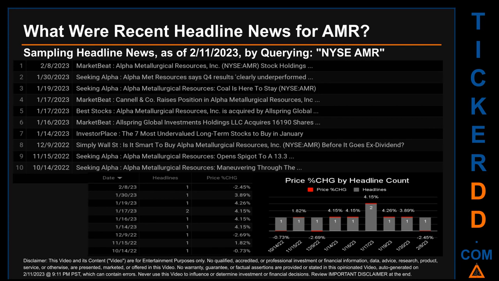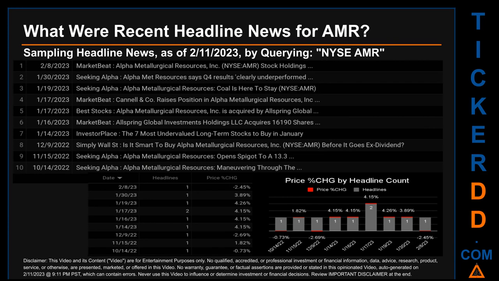Today, Saturday, February 11, 2023, I sampled one of our news aggregators for latest headlines for this ticker. I did so by searching specifically by a keyword that may appear, broadly, in the title or the body, of discoverable news articles. The keyword that I used was a combination of the exchange and the ticker symbol, NYSE: AMR. The results show 10 unique headlines, published across 9 unique dates. Publication dates spanned 117 days.